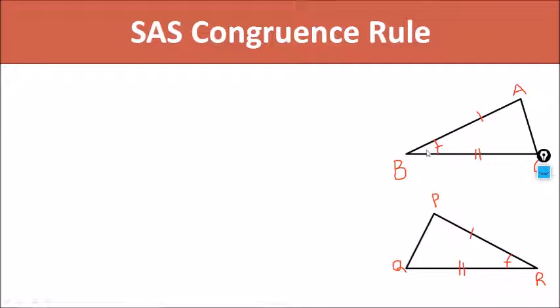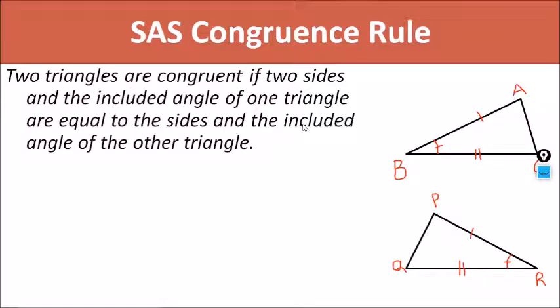So this included angle B is equal to the included angle of these two sides PR and QR, which is angle R. So B and R are equal and the corresponding sides are equal. It means the triangles are congruent by the side angle side congruence rule. So the definition is the same: two triangles are congruent if